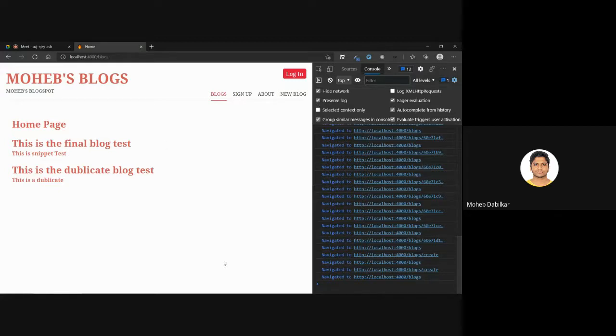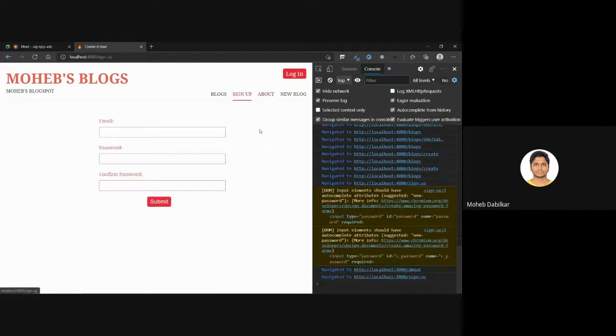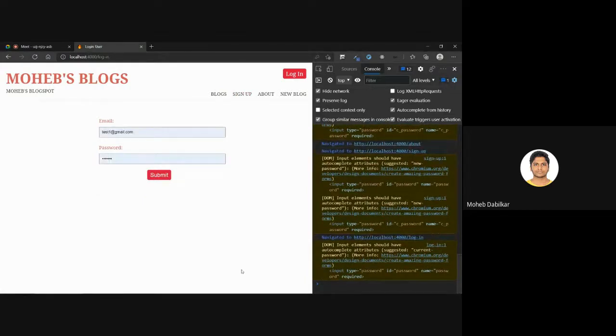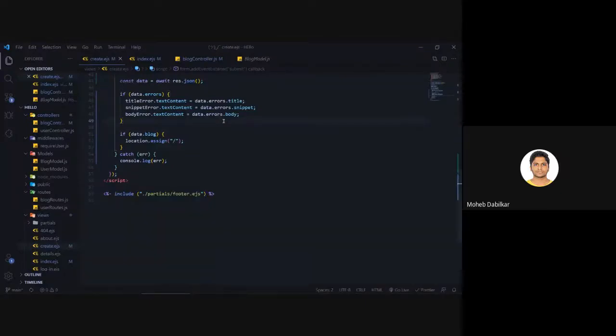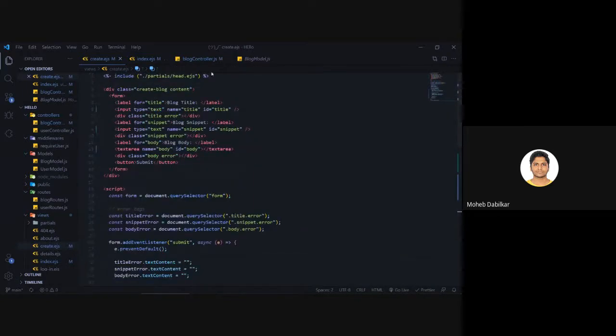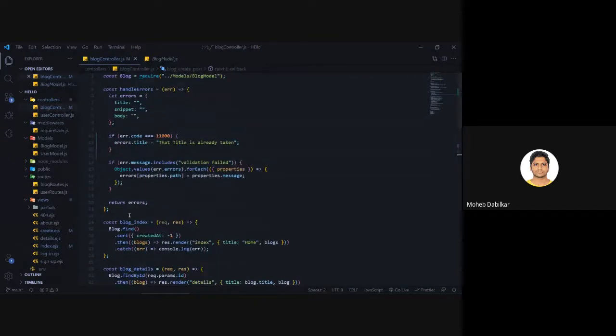So now that we have learned to handle the errors from backend, and we can now also sign up, and then we have login as well. So let's just get started with our user handling. And first of all, we will handle our user for now from the backend. So I guess the first step to do that is copy down this guy,